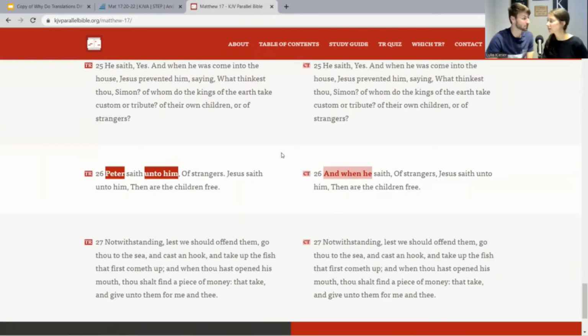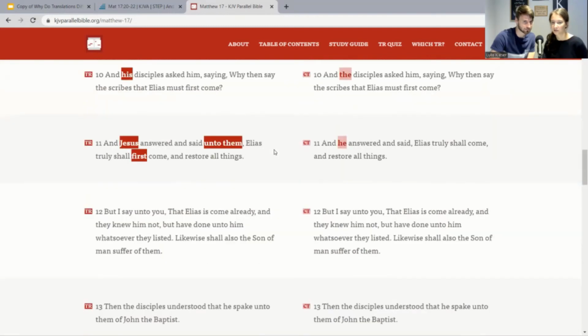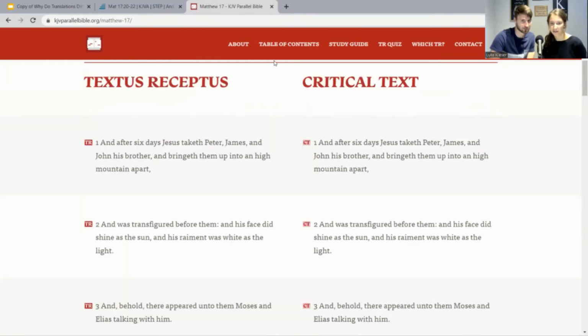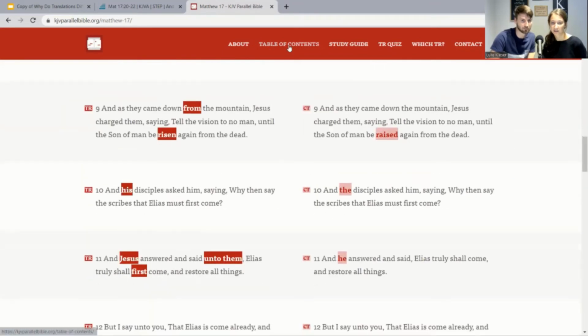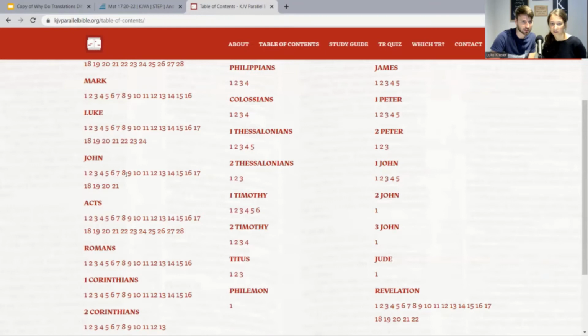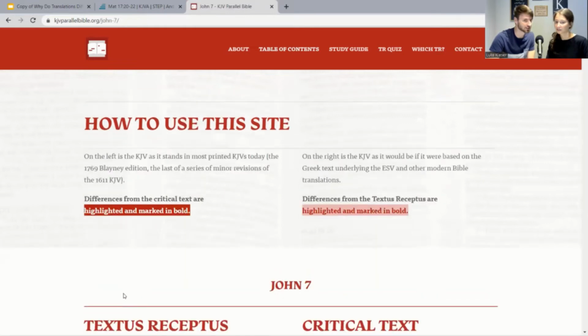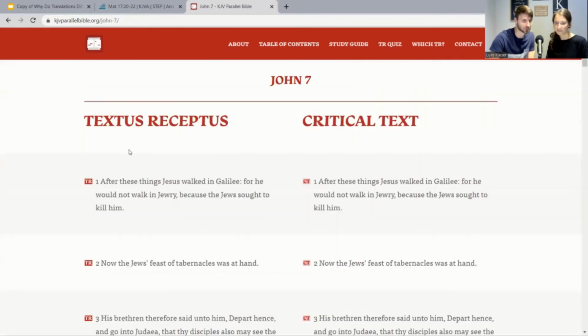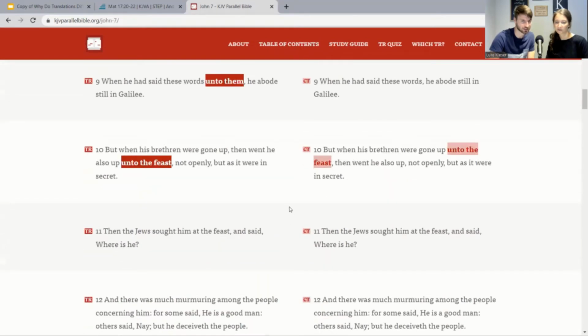There are some major questions, and you can find those online and such. But you can scroll through this website for any book, any chapter of the New Testament, and you can see. And even for the big ones, like John 7, they are aware of the major differences here. They're not trying to hide them from you. So you can scroll through the same thing. There are these little minor differences that you can compare.